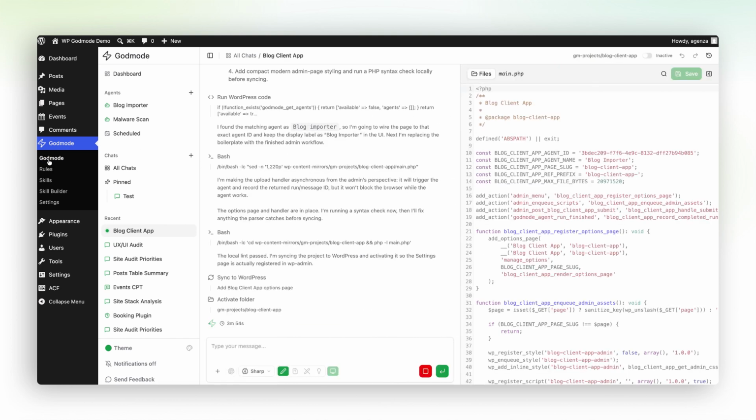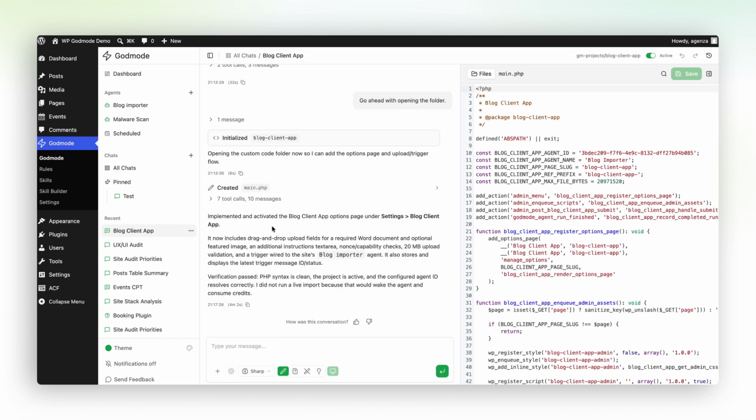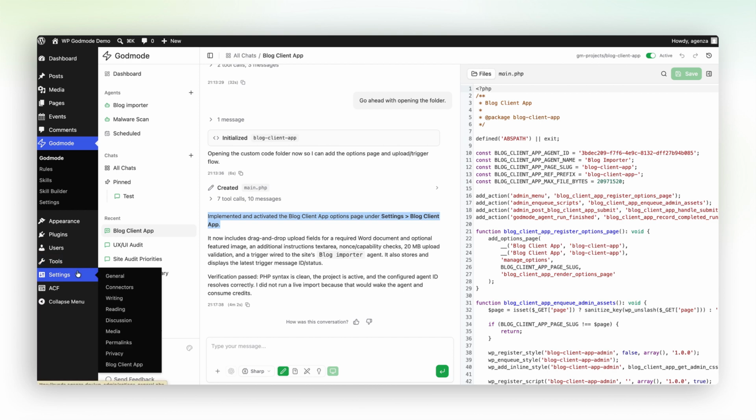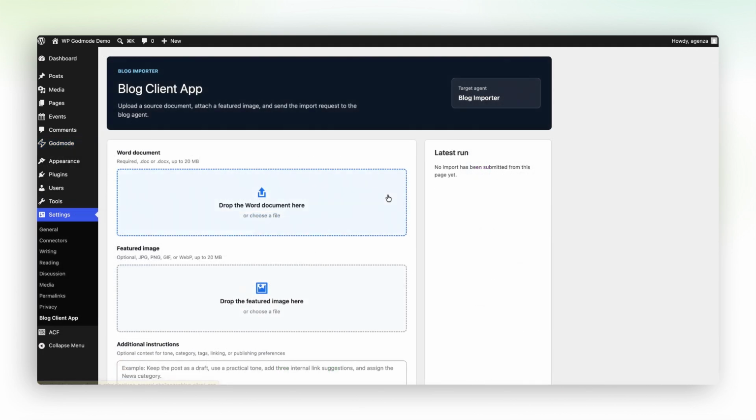WP Godmode will now open a code project and build the app for me. It now tells us that it implemented and activated the Blog Client App options page under Settings, Blog Client App. So we are going to check Settings, Blog Client App, and here we have our client interface that runs an